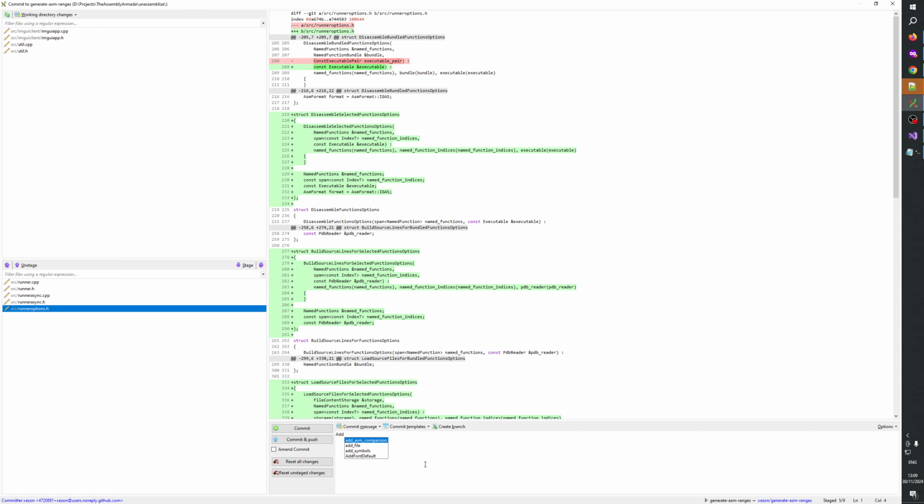All right, then we submit this as add async commands for selected functions. Add async commands for selected functions. Runner command runner selected functions. Add async commands for